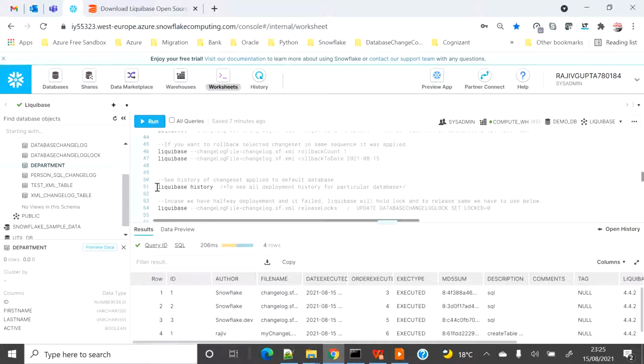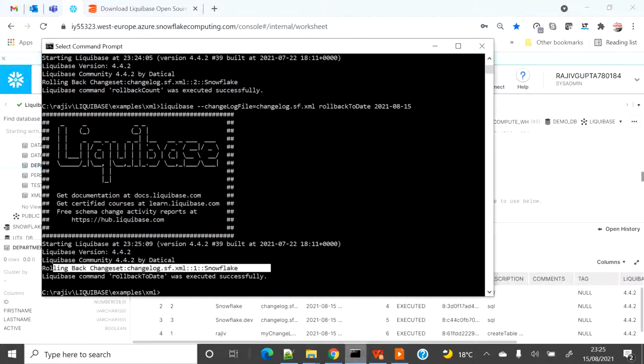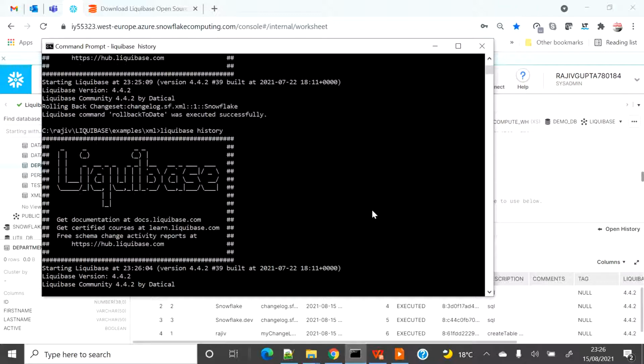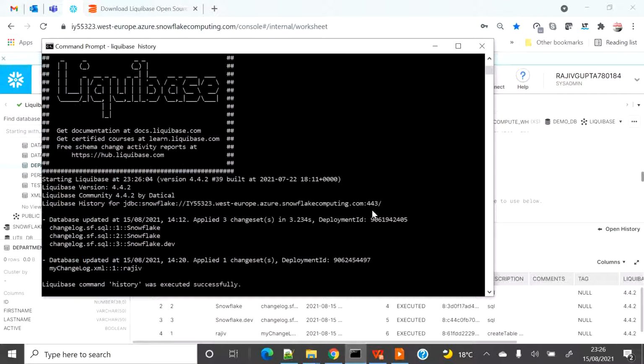Now say you want to see the history of your changelog deployed on this particular environment, what all change sets you have applied. You can run Liquibase history, just say enter, and it will print all the change sets which are applied to this database till date.